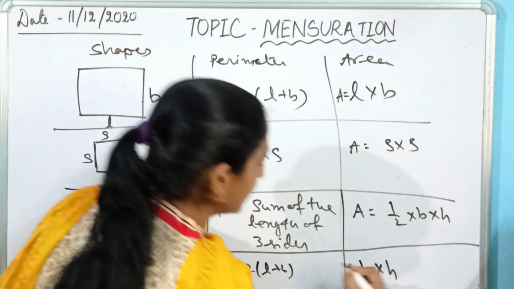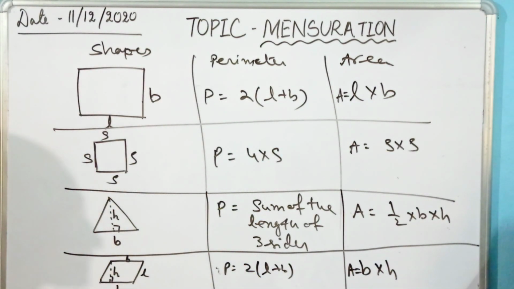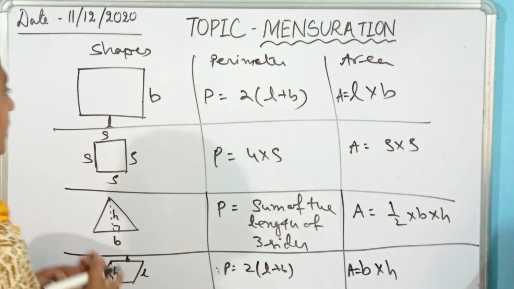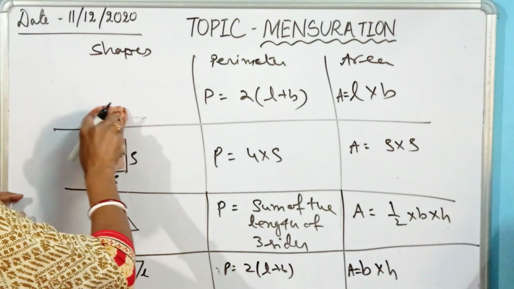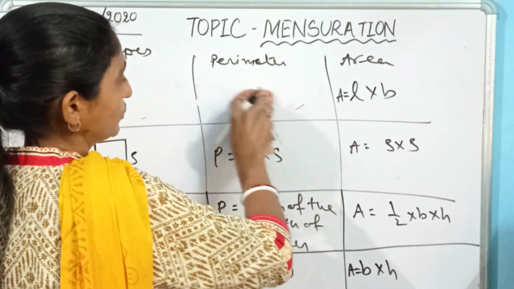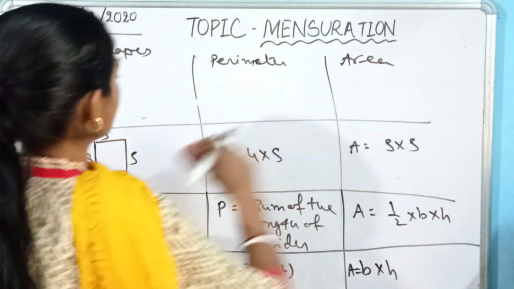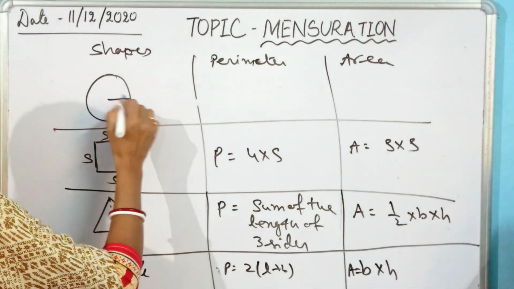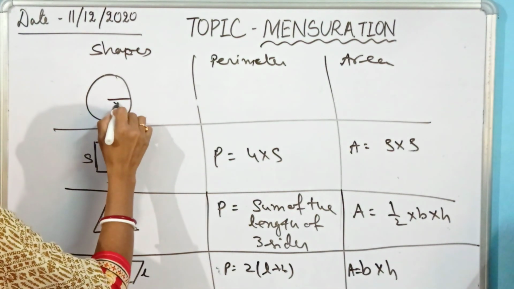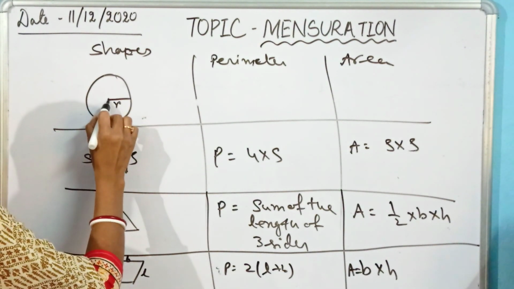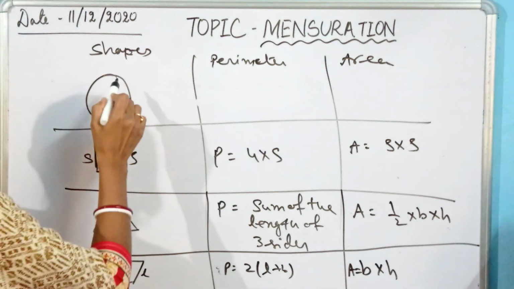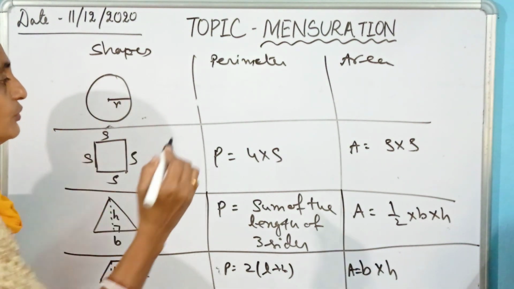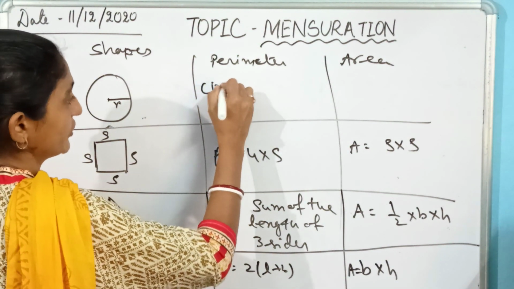This is the area. Now when we think about a circle, what will you get? Here I am rubbing the first part, I want to go for the circle. In case of circle, you have the radius, so let's mark this one as R. This is the center. Perimeter of a circle means we will think about that curved line only. And what will be the length of this curved line? We used to write this as circumference.